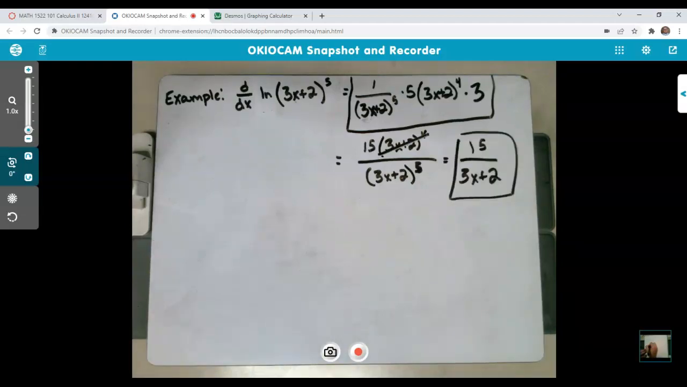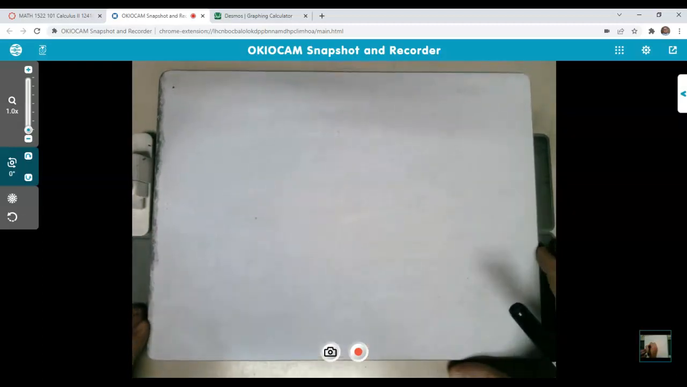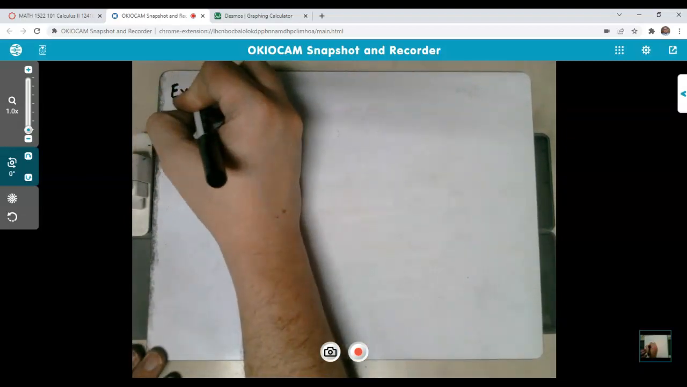Let's do another example with the natural log. I'm actually going to get a different board for this one because there's a lot I want to say about it. Derivative of the natural log of x squared sine of x over 2x plus 1. The reason I said there's a lot I want to say about that one is